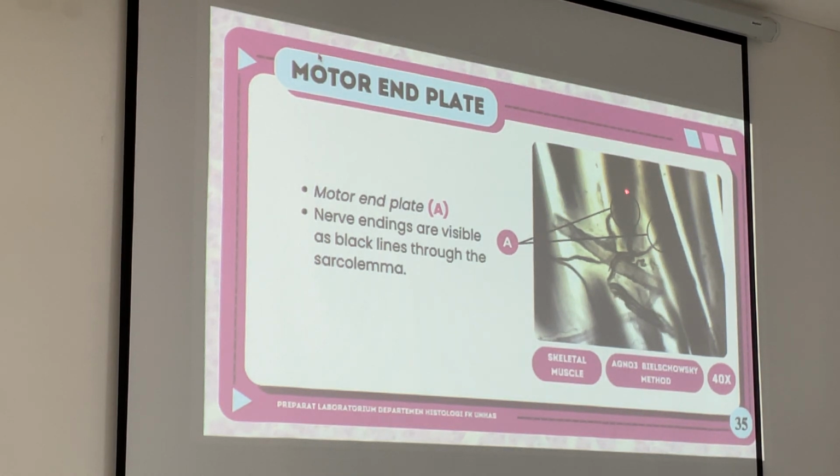This one contains acetylcholine and transfers signals to the muscles to help the muscle contractions. There are some diseases when this acetylcholine in the motor end plate is not functioning well, such as Guillain-Barré syndrome. We will talk about it in, I don't know, the musculoskeletal block or the neuro block.